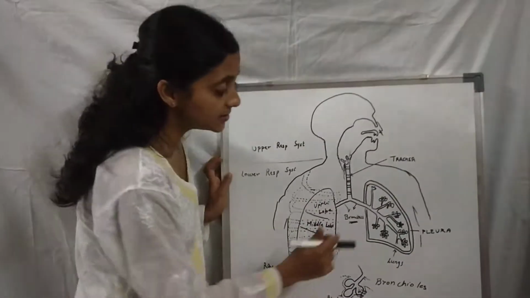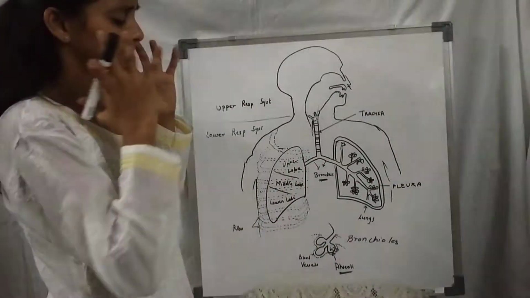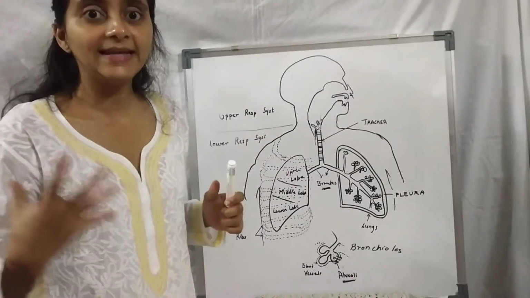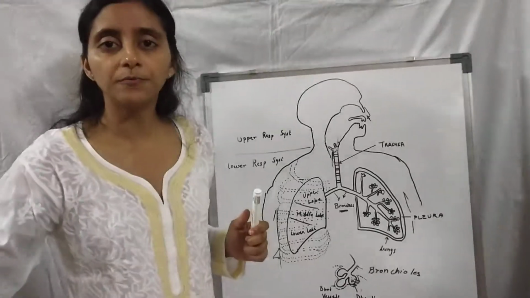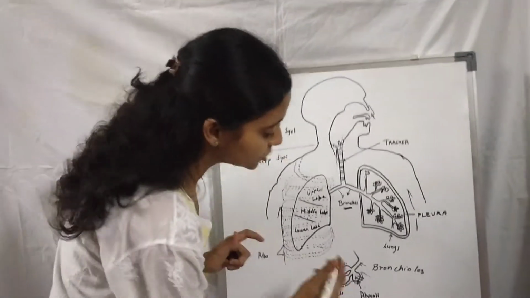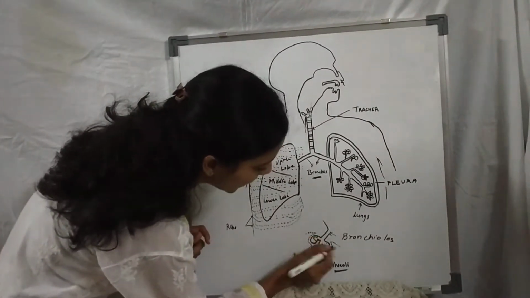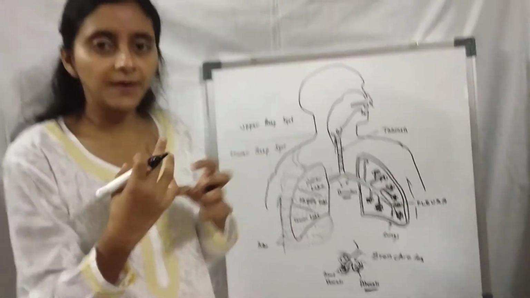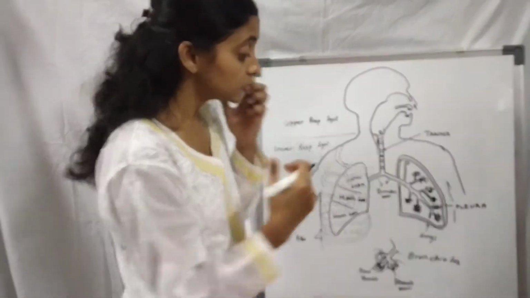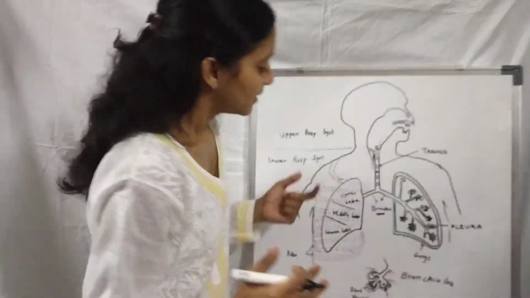The other reason is, as we just studied, the alveoli. There are thousands of alveoli in each lung. But since we are not breathing deep, we are all very shallow breathers, these alveoli tend to shrink. They shrink, and now they no longer participate in respiratory exchange. They are very small things lying inside. So many of the alveoli shrink, even in normal people, right?